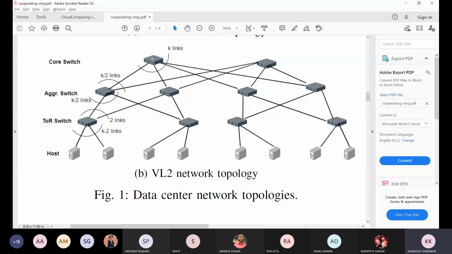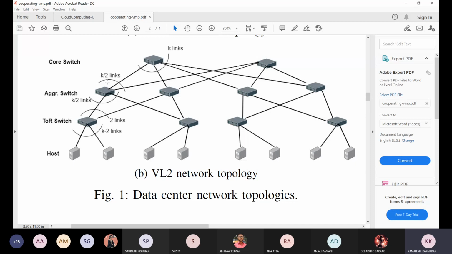Finally, the number of aggregation switches and the number of TOR switches is the same. There will be k by 2 number of hosts in every TOR switch. In this way, the network connectivity is being formed.